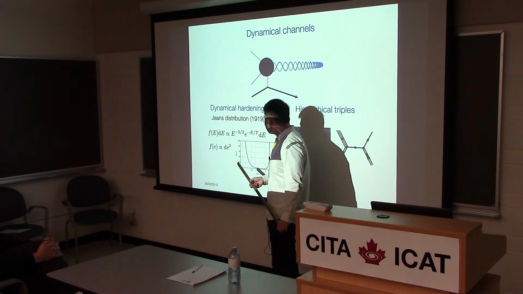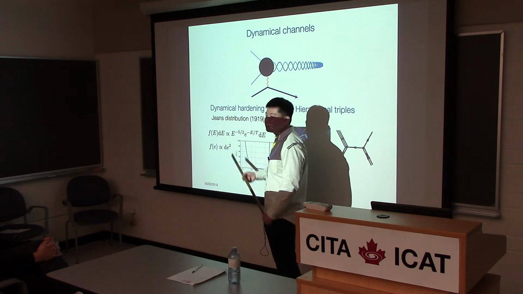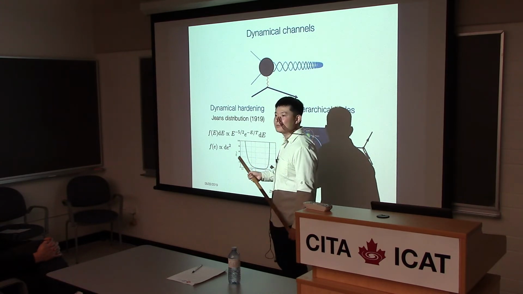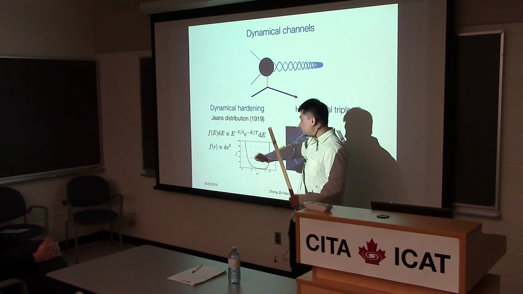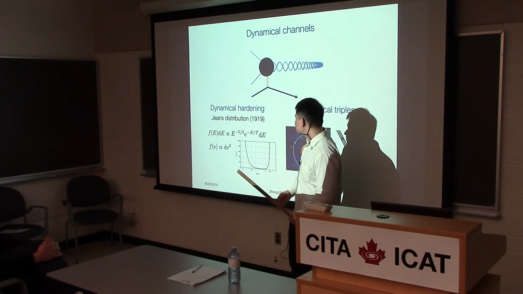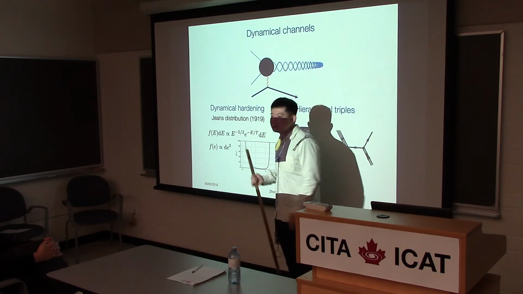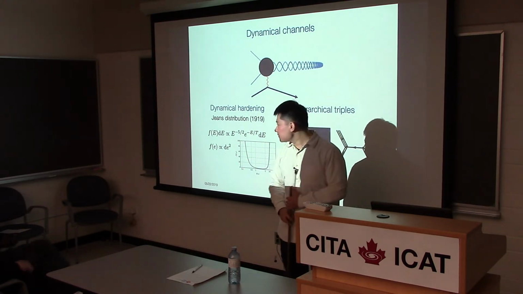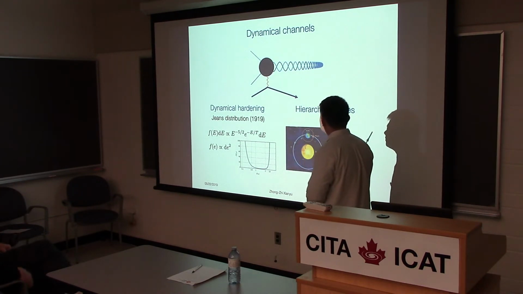Eccentricity, this is the so-called thermal distribution, which says that you have a flat distribution in e squared. So e equal to 0 corresponds to a circular orbit, and e equal to 1 is very elliptical. So typically in a dense environment, you will have some very eccentric distribution. So that is the dynamical channel